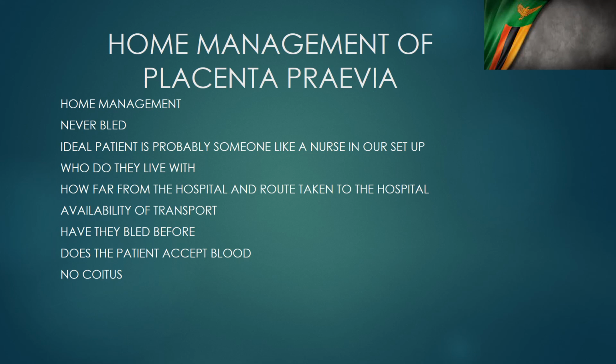And also we need to make sure that we have a patient who's being managed at home who can accept blood. So now you have a patient who's being managed from home and they come bleeding and they can't accept blood. It just becomes a mess. So we all have to think about whether this patient accepts blood transfusions or not. And of course, when they are at home, people would write that they need pelvic rest. So no coitus, because coitus can provoke bleeding. That should be clearly explained to the patient if they are going to be managed at home